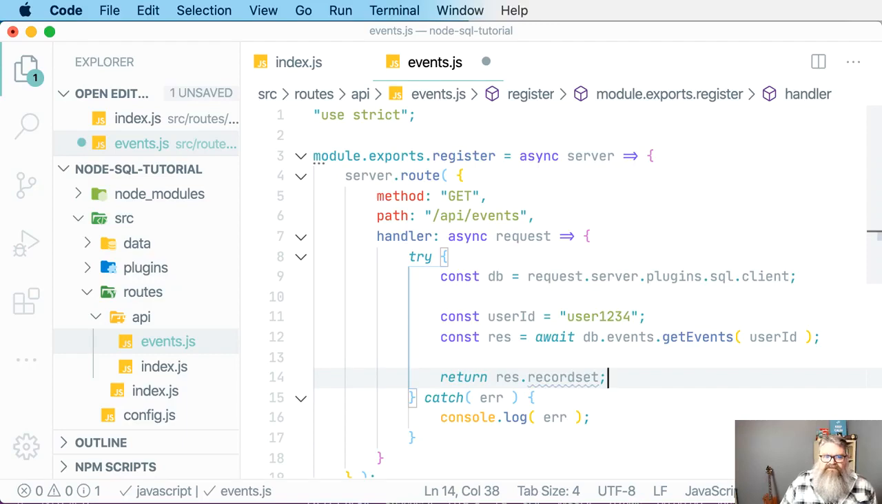A SQL Server response can also include multiple record sets. You could have multiple queries from, like, a stored procedure. So the MS SQL module that we're using supports all those different scenarios. In this case, we just want the recordset property off of the response and return that. And this automatically returns it as JSON, which is why when we created the table in the first place, we used